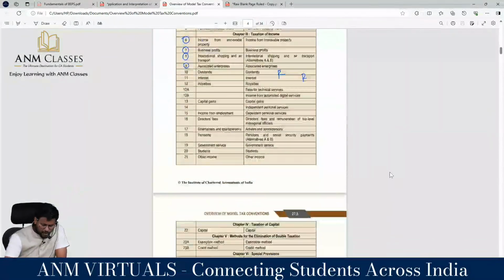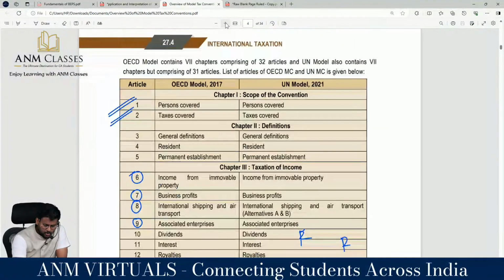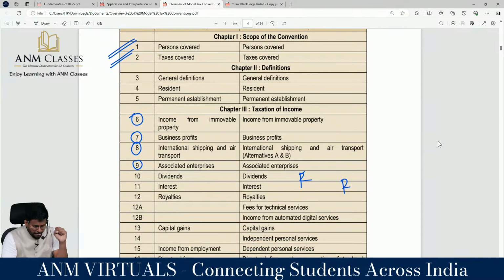What is article number 1? Persons covered. Article number 2, taxes covered. Article number 3, general definition. Article number 4, article number 5. Article number 6,